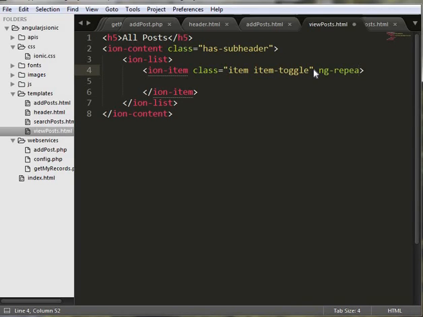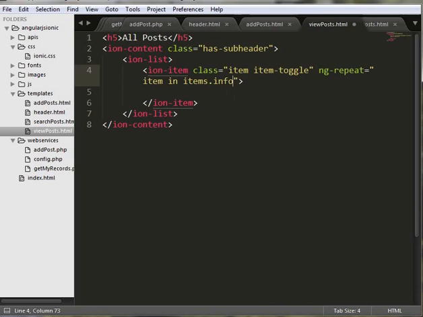We need to use the ng-repeat directive to iterate over the number of rows that is being sent from the server. Item in items dot info. Then